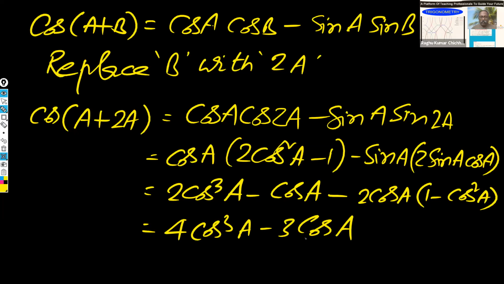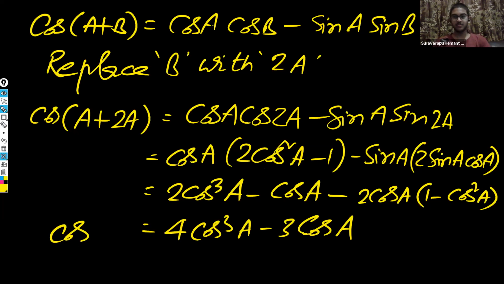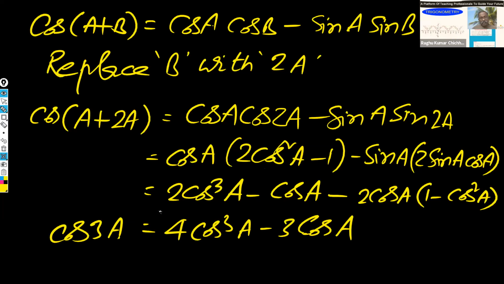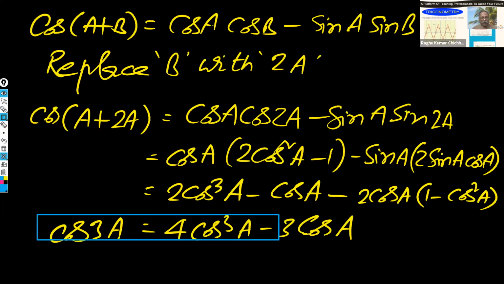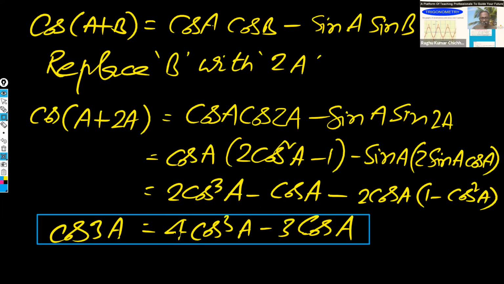Yeah, Maurya. Now do you hear me? Yes, sir, yes, sir. My parents are on a WhatsApp call, so they were using the network. So cos 3A is equal to 4 cos cube A minus 3 cos A. In a similar manner, I derived it, Maurya. This is simple. You can understand that easily. We replaced B with 2A and we derived it. And now tell me,